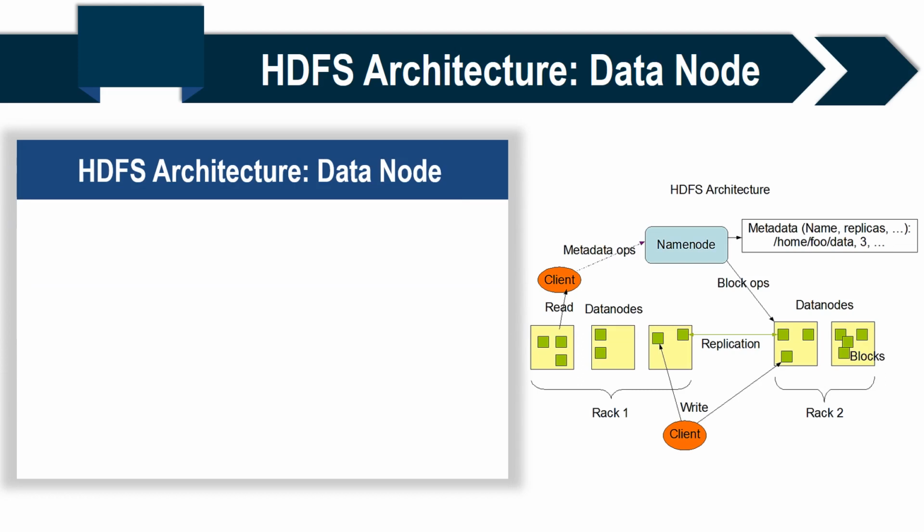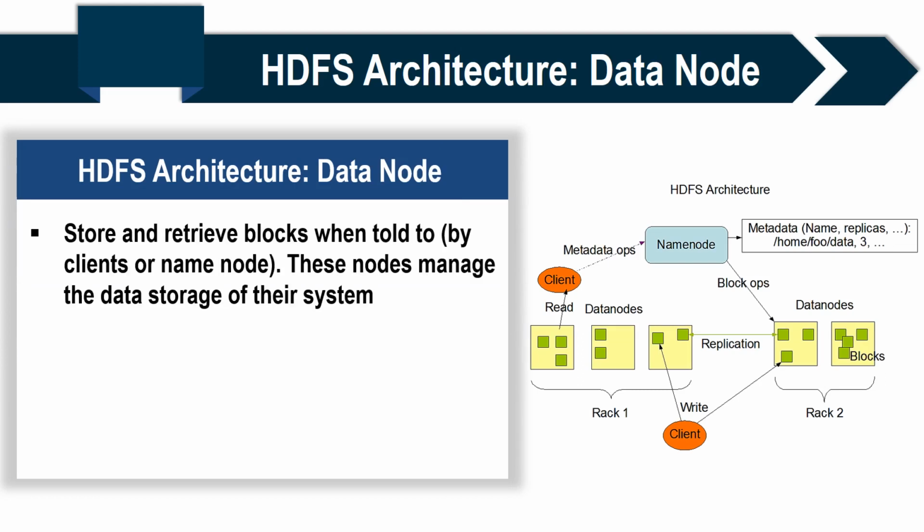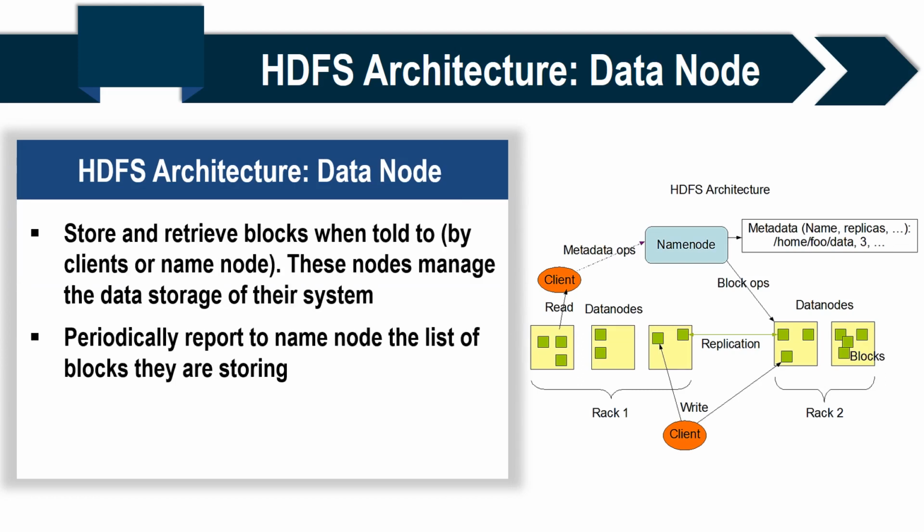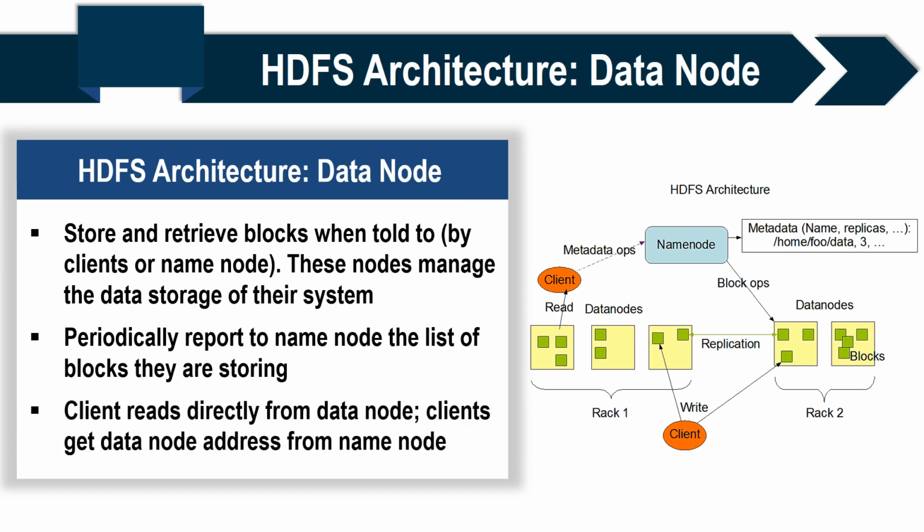The data node is where we store and retrieve the data in blocks, and it periodically reports to the name node the list of blocks being stored in the data node. The client can directly access the data node, and most of the actual processing of the application happens on the data node. So we have seen the first aspect, which is